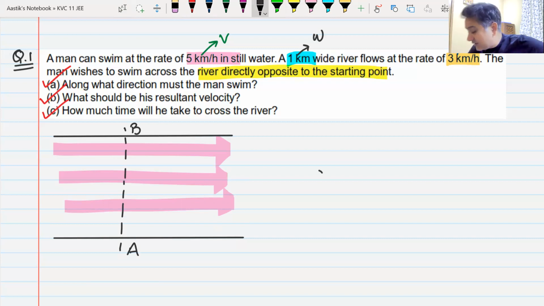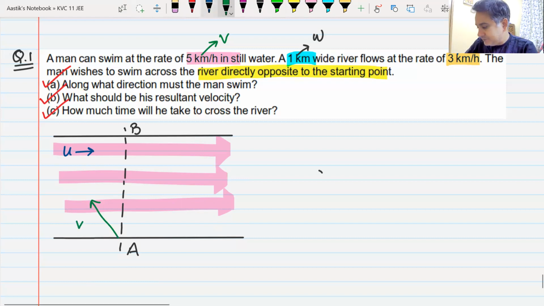The problem is you don't understand the question. So this direction is downstream, and that is upstream. He will move like this with a velocity v. His velocity u will get added up like this. The net velocity will become like this. This is given as 5. This is given as 4. So this velocity,